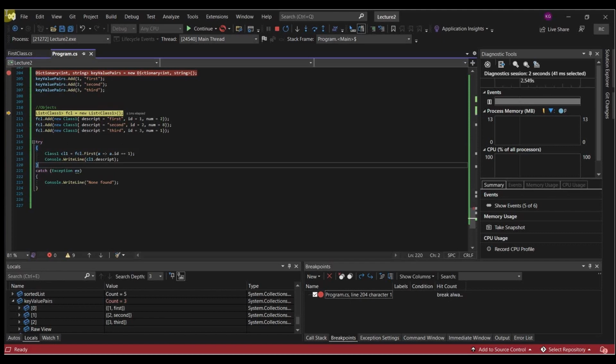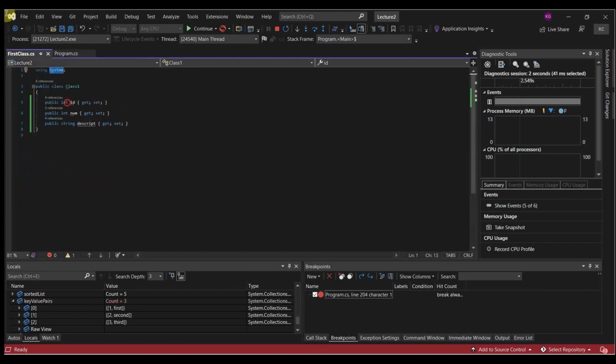Well, we get to utilize some of the nice functions of C#, which are typing. So we can make this here a nullable integer. We can make this a nullable string. If we try to pass in a value that's not going to fit into this list, it's going to throw an exception, and it's not going to